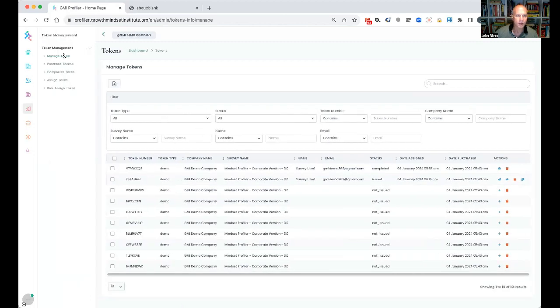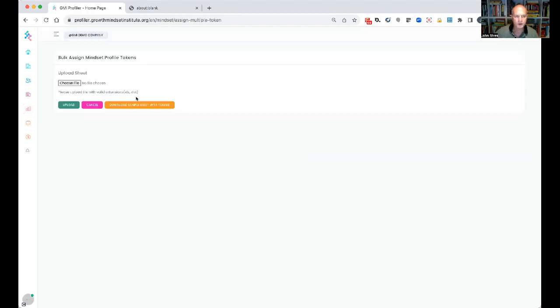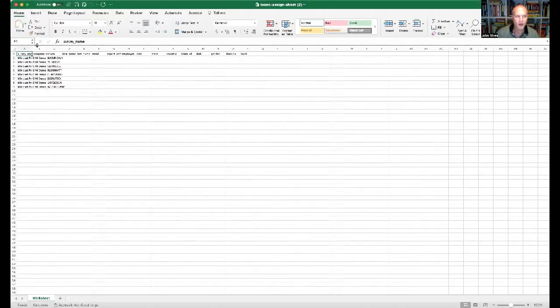Now let's talk about bulk assigning tokens for a moment. To bulk assign a group of tokens, you download the sample spreadsheet, and that will download into your file. So this gives you all the tokens that are available to be issued. You then need to enter the first name, last name, and email address of the people you want to assign the tokens to. You then save that file,